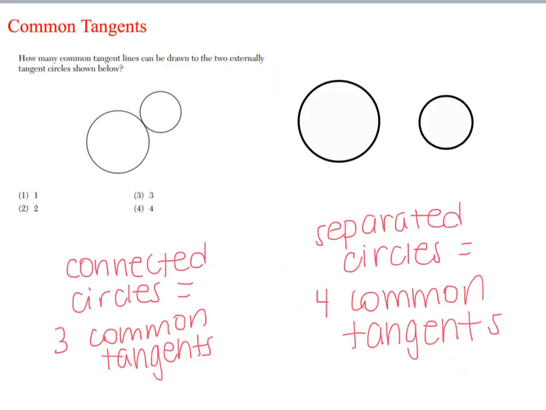Occasionally you'll see a question that looks like the picture on the left or the one on the right, and it generally has the same answer choices. It wants to know how many common tangent lines can be drawn. So that means you have to draw one line that touches both circles without going through them. So I have the rules at the bottom, but just to show you what they would look like, if you sketch them on the Regents, you have to use your safety compass or a ruler so they're nice and straight. If I go from here,